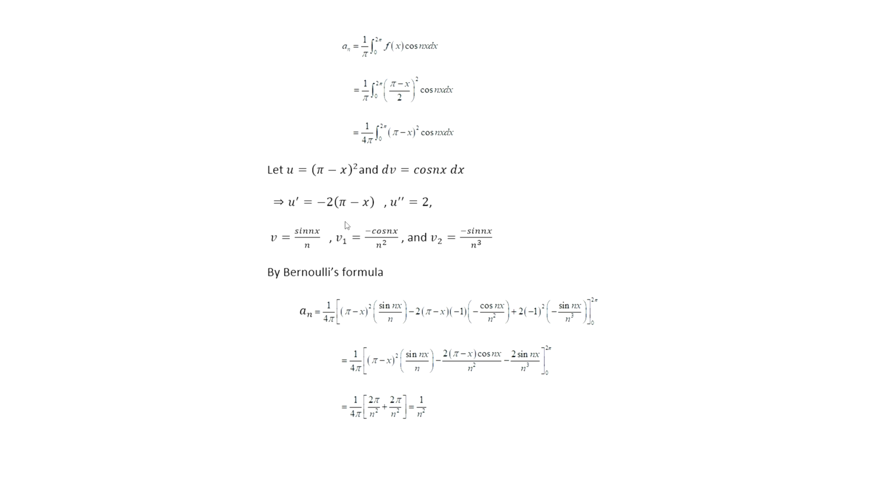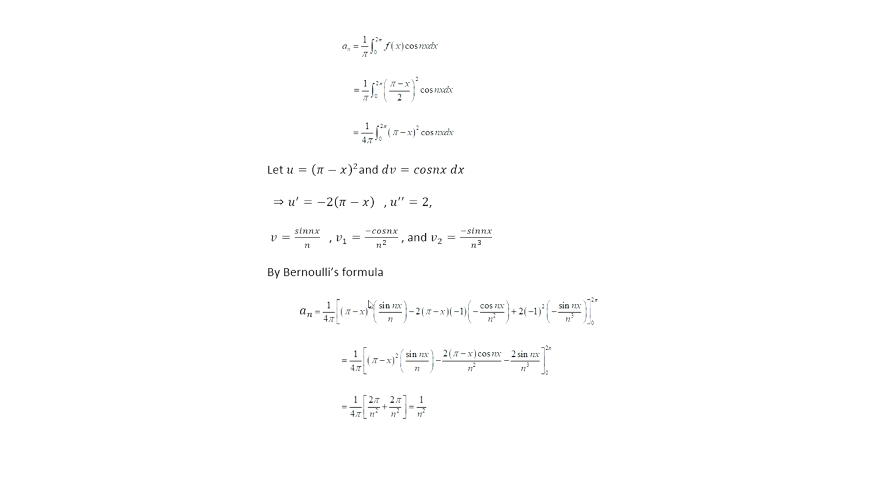U dash and v1 has already minus into minus plus, and in the formula we have a minus, so minus 2 into pi minus x into minus 1 into minus cos nx by n square, and then plus u2 dash v2. u2 dash is 2 and v2 is minus 1 square into minus sin nx by n cube. Now the limit is 0 to 2 pi, that is 1 by 4 pi